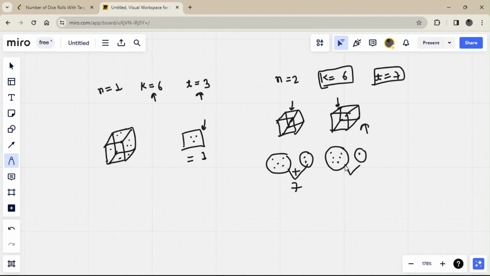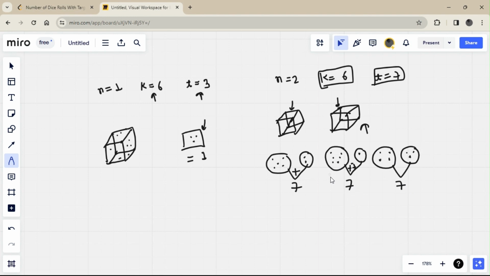Then when we add these numbers we get 7 as the final sum. And let's take another case where the first die has face value 4 and the second has 3, and if we add them we get 7. So there are various cases.